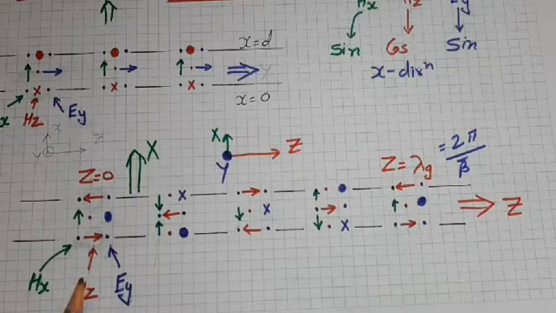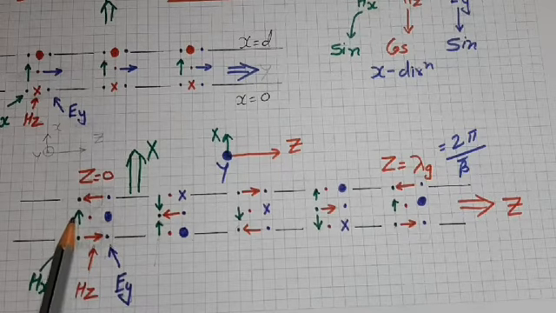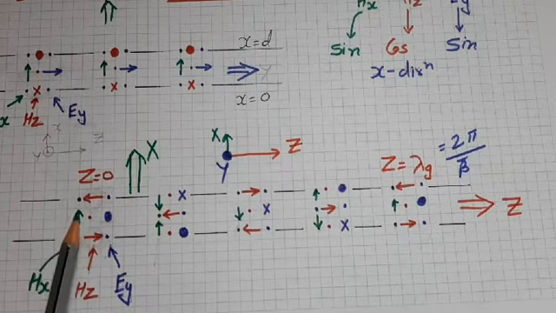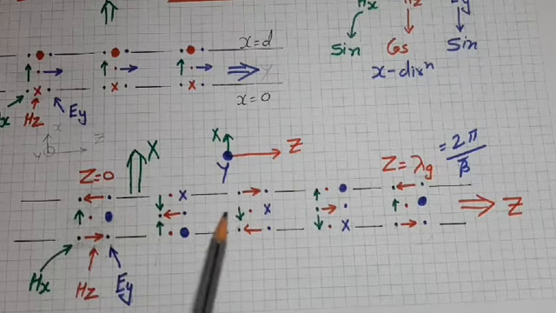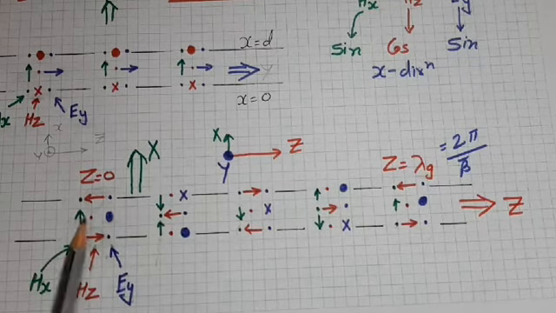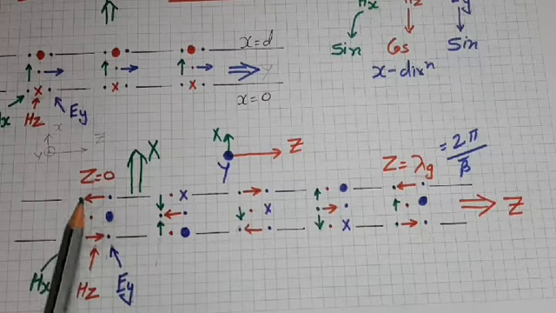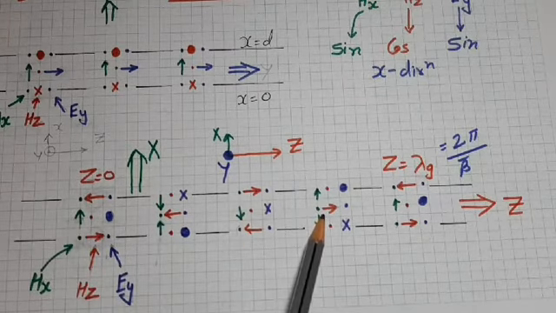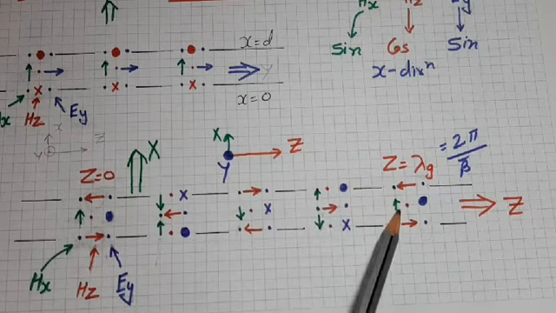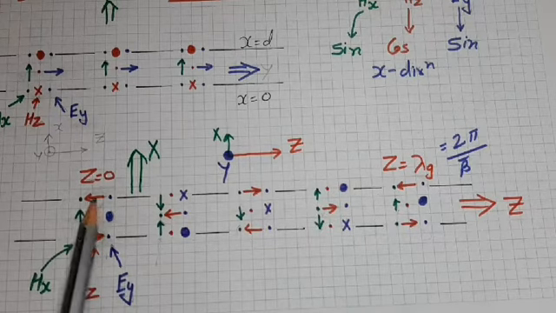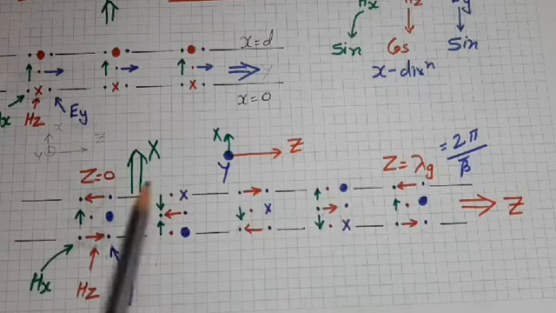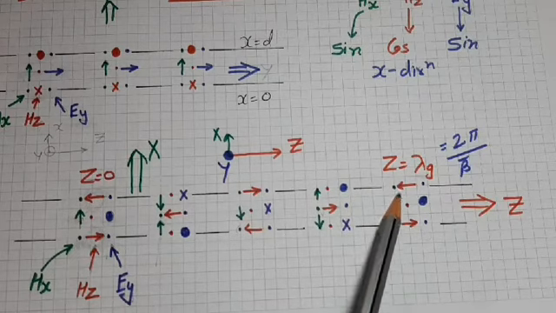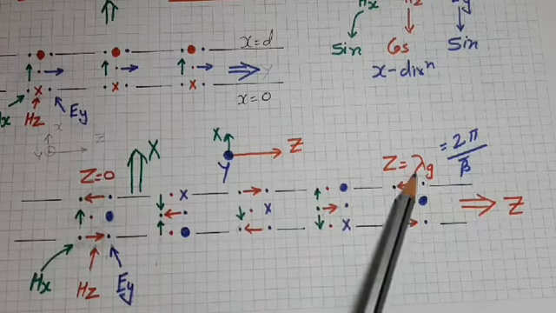Now if we observe the field at x is equal to d by 2 and z is equal to 0, then it is positive max. Now we keep x is equal to d by 2 constant and move in z direction. Because this is positive max, after some distance 0 will come, then negative max will come, then again 0 will come, then again positive max will come. So this is complete one cycle variation from positive max to positive max. And this distance would also be equal to lambda g.